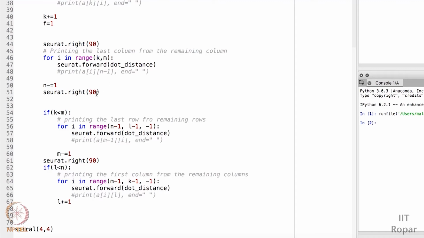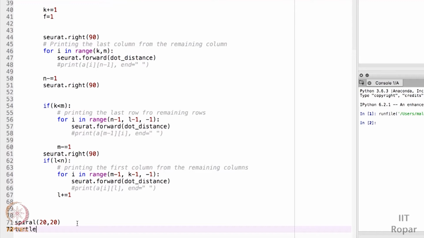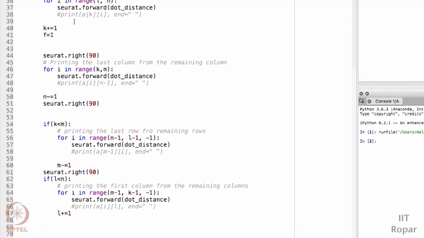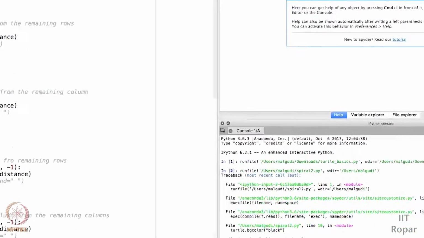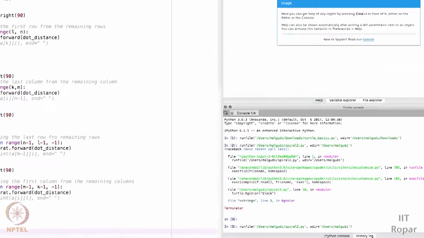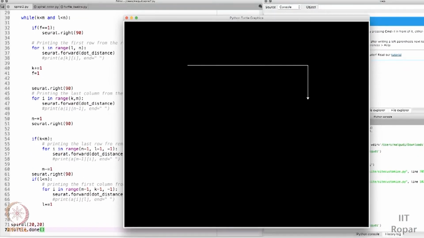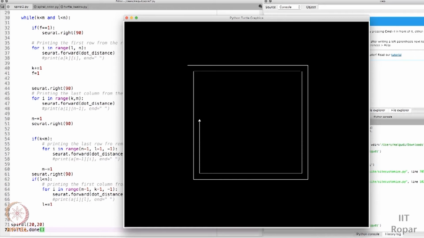Let me do this for the value 20 rows and 20 columns. Okay, and I'm done. I will write turtle dot done. Let's run this. See, I created my spiral traversing, so I'm getting lines.